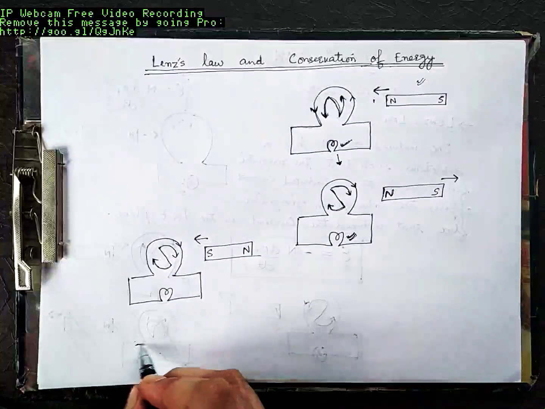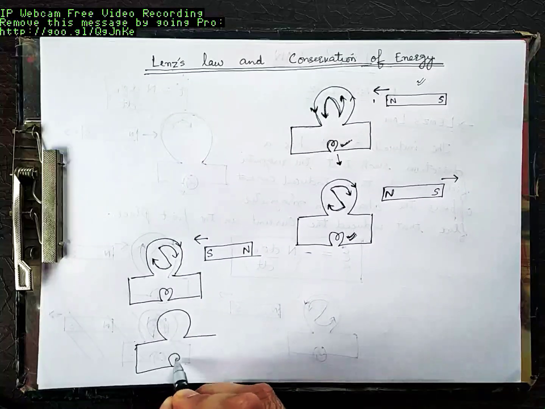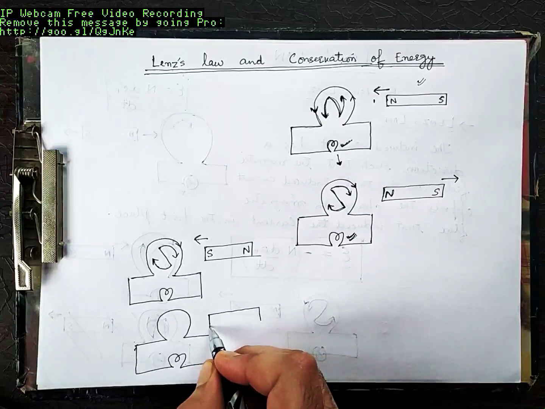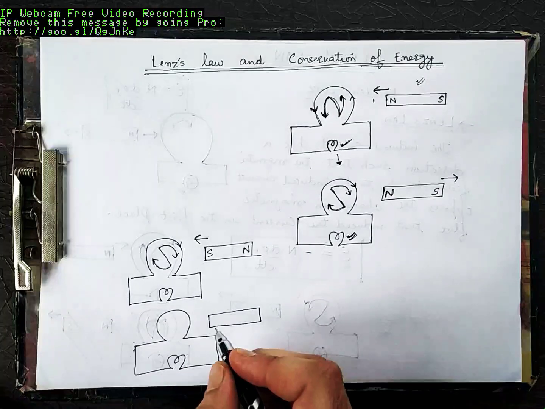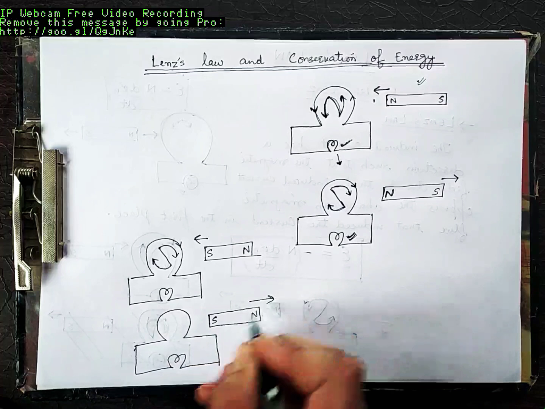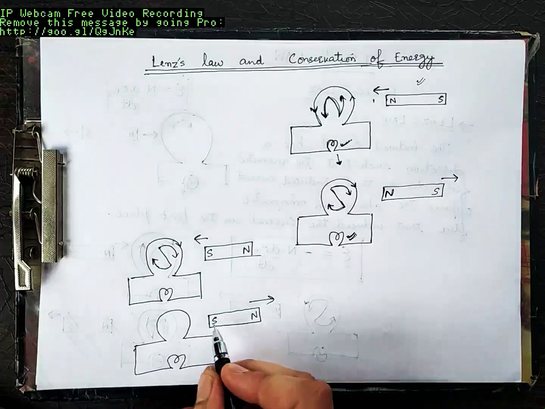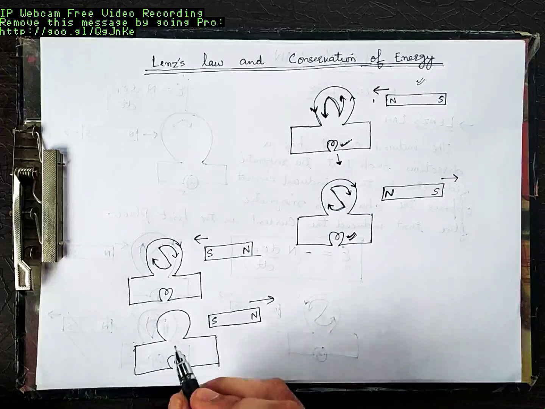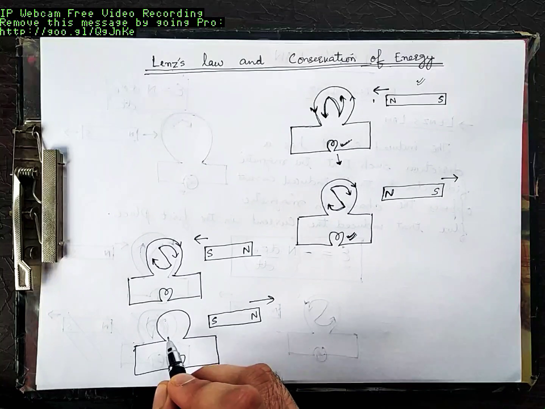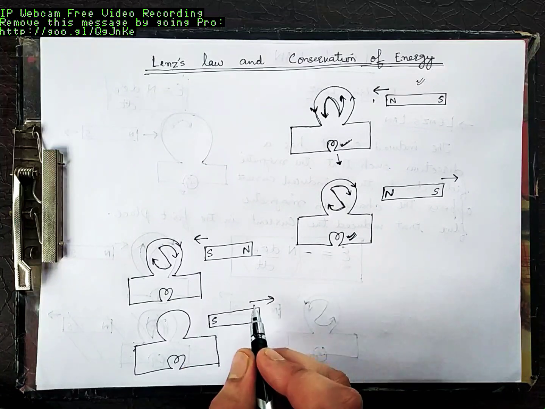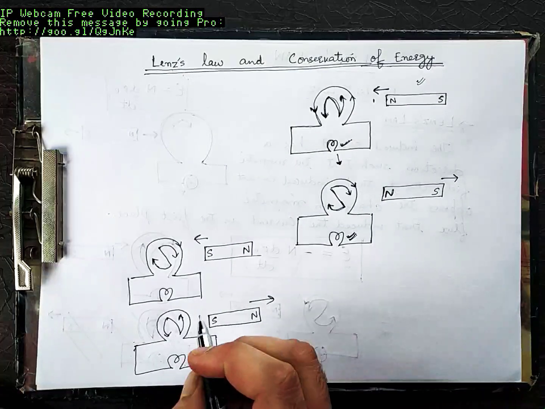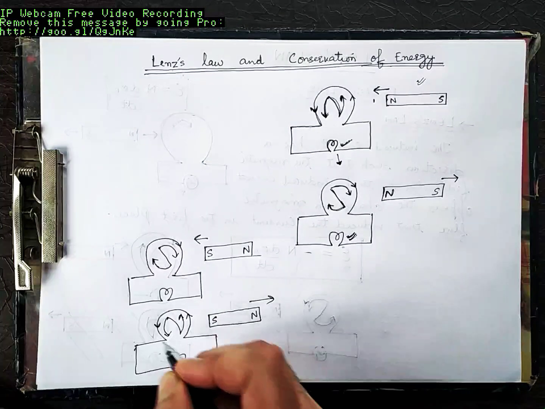And had this been the case, these questions are frequently asked in competitive exams to determine the direction of the current. This is South Pole, this is North Pole. Now you are not pushing the South towards the coil, you are pulling South away from the coil. When you are moving the South away from the coil, there will be voltage induced that will produce a current. That current will be such that it will not allow the South to escape, to move away from it. So this should induce North Pole over here then. So this is the direction of current.